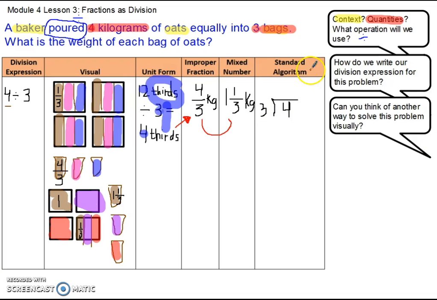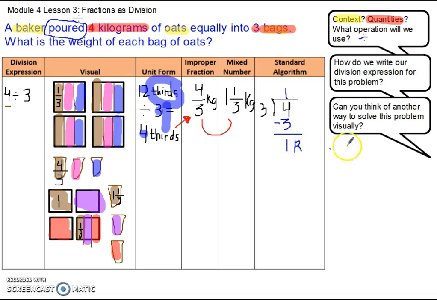And we go through the process of solving this and asking ourselves, how many times does 3 go into 4? It goes in 1 time. And then we know that we multiply and then subtract. So 1 times 3 is 3, and then we subtract it down here. And we have 4 minus 3 is 1. And I know that in the past we've taken this to the decimal, but right now we're going to stop and we're going to continue to think about this as a remainder. So we have 1